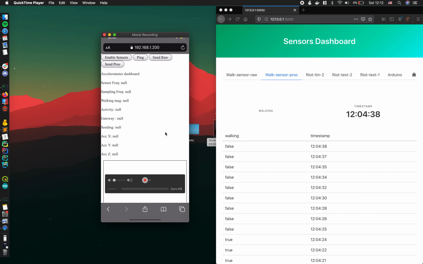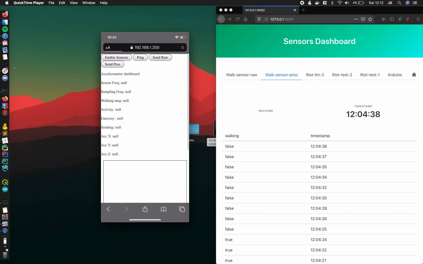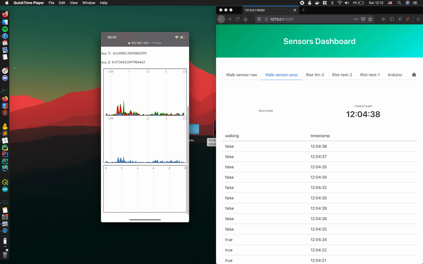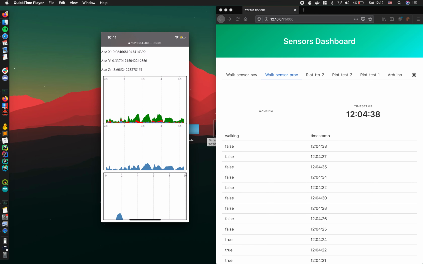So here you can see on the left the recording of my phone. I can enable the sensor, and you can see on the top screen we have the value of the accelerometer on the x-axis with different colors. If I tilt it in different directions, it will change. And below,